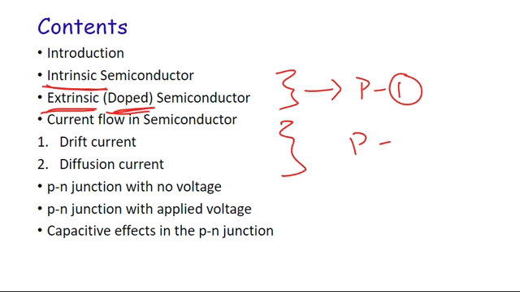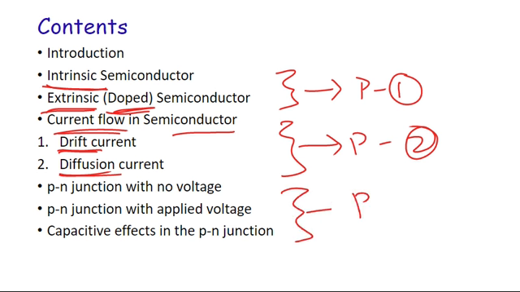Part 2 will consist of the types of current flow in semiconductors, the drift current and the diffusion current. Part 3 will consist of the PN junction. Now what is a PN junction? P is the p-type semiconductor, N is the n-type semiconductor, and they both combine and form a junction known as